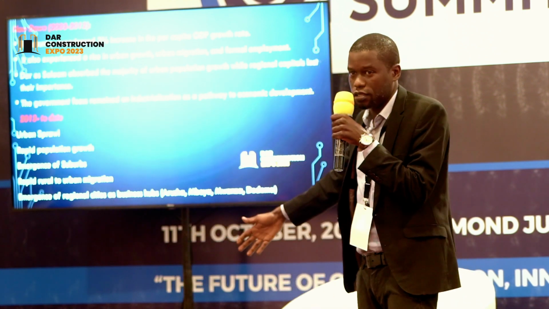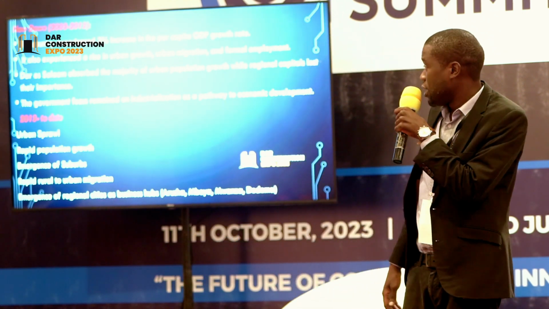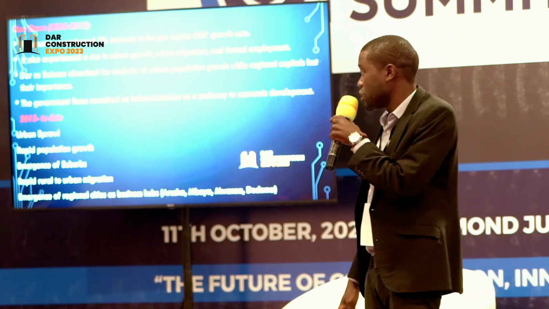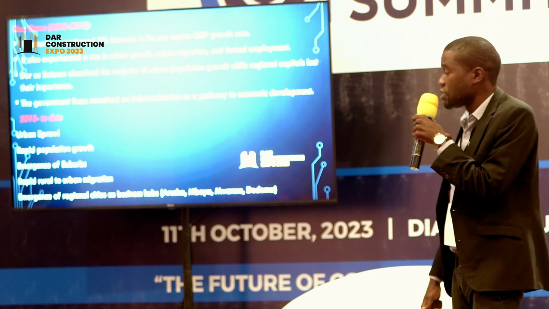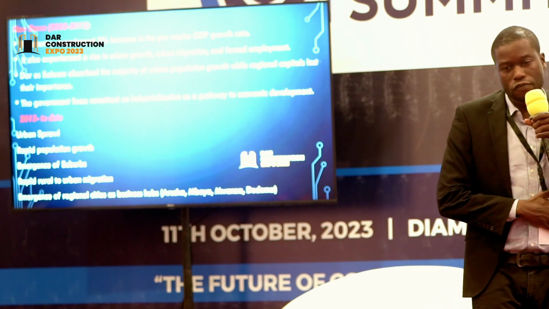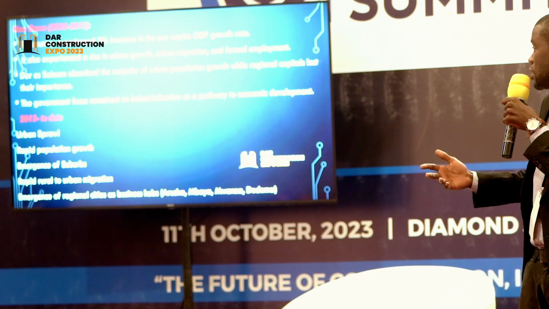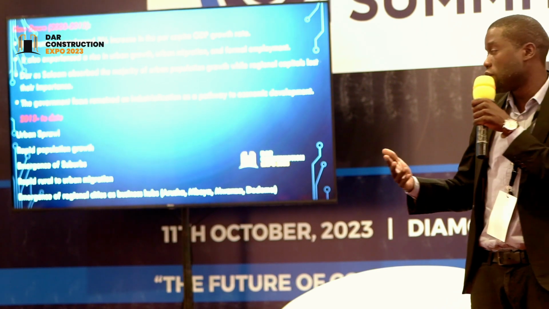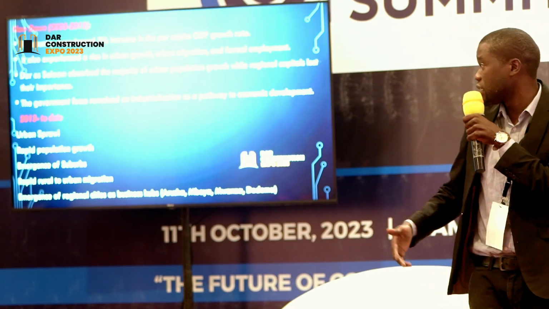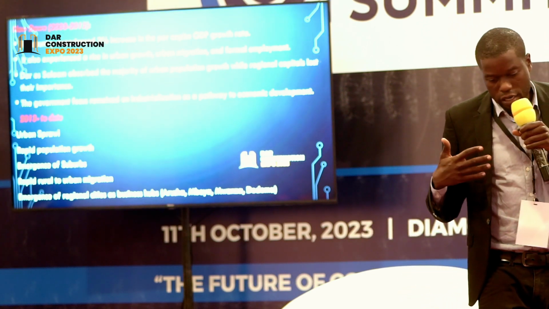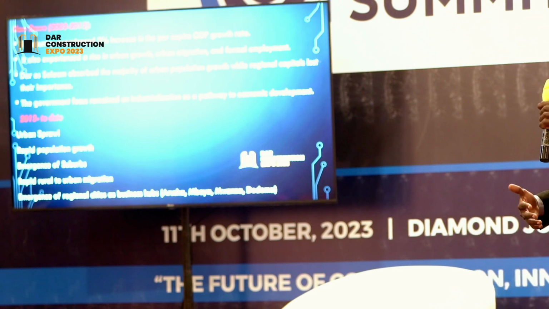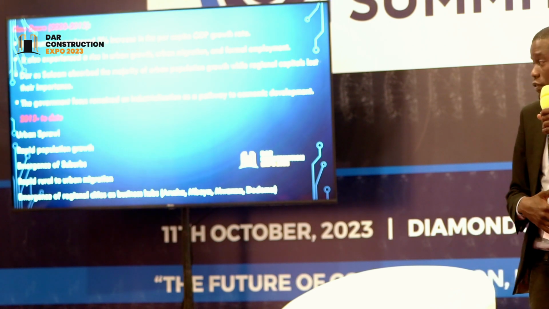And from 2003 to 2012, this was called the New Dawn. This was done according to research. This is where the country experienced at least a 30% increase in per capita GDP growth rate. There was also a rise in urban growth, so a lot of people moved from rural to urban environments. There was an increase in formal employment, particularly by the government and private sector. And Dar es Salaam became the state capital and also the business capital of Tanzania, and a lot of people were motivated to move there because of that.